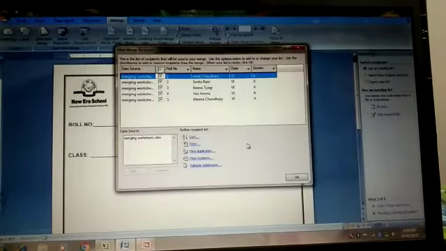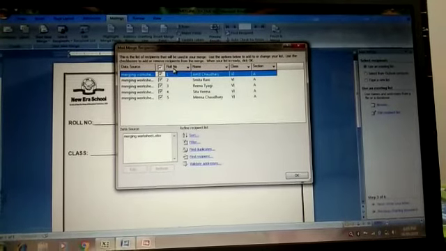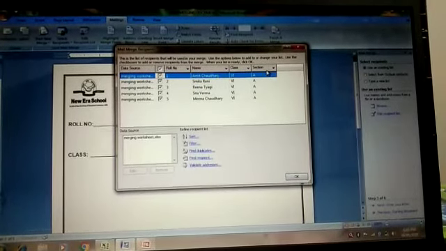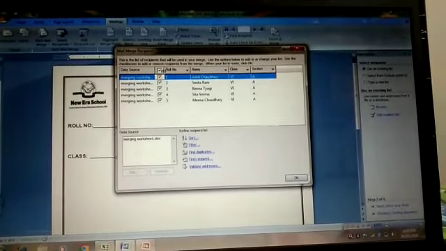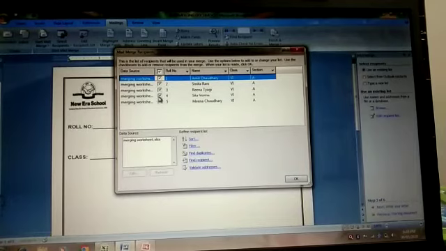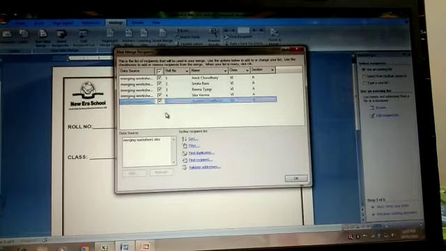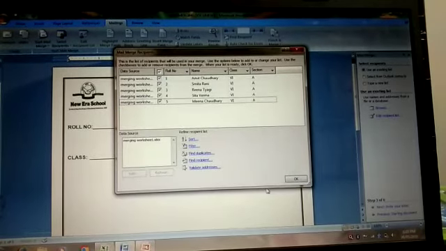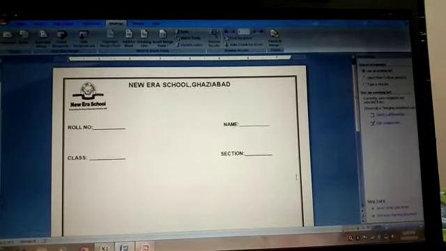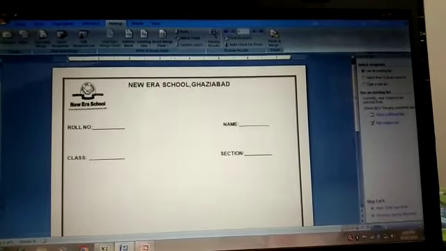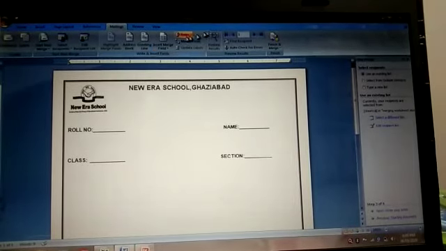Say okay. Fine. Now as I showed you, we have the records like roll number, name, class and section. It again shows, do you want to take all the records? Yes, we want to take all the records. If you don't want to take any record, you can simply unmark it. If you want to take it, you have to simply mark it. Now say okay. Now all the content of that file has been transported here. Now how we are going to use it, that we will see.